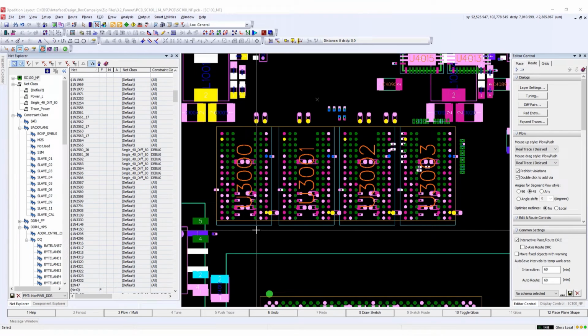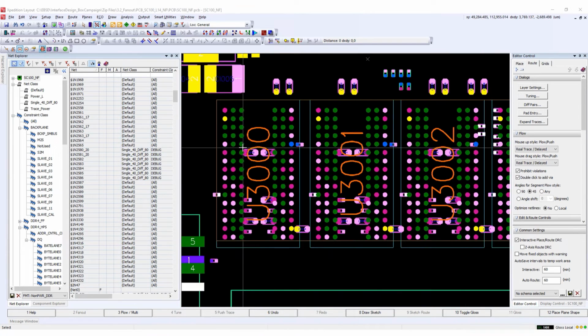This is Zach, the PCB designer. Now that all the parts have been placed on the board and my colleague Wilfred has finished defining the plane shapes, I will begin the process of fan out and breakout of the 4 DDR4 chips here. I will start by fanning out the first DDR4 chip here on the left.